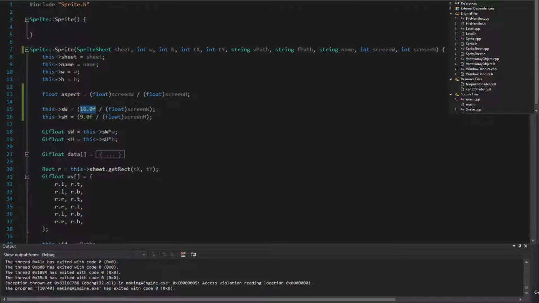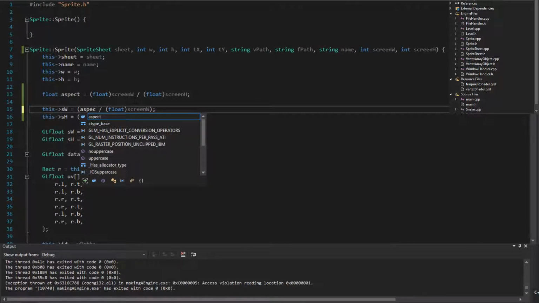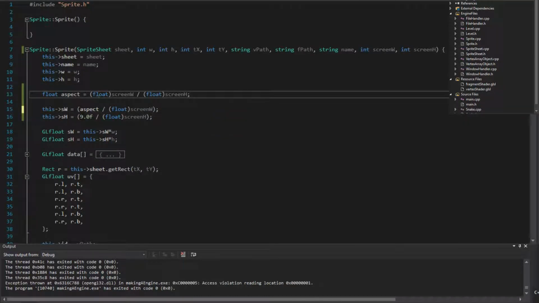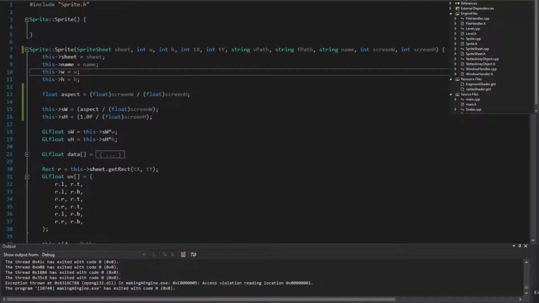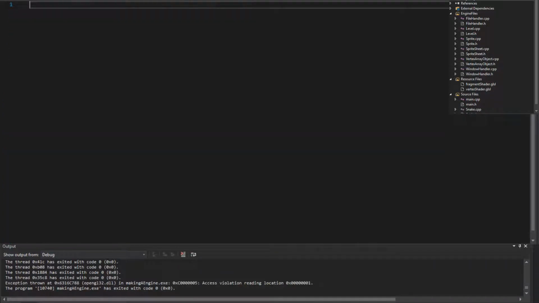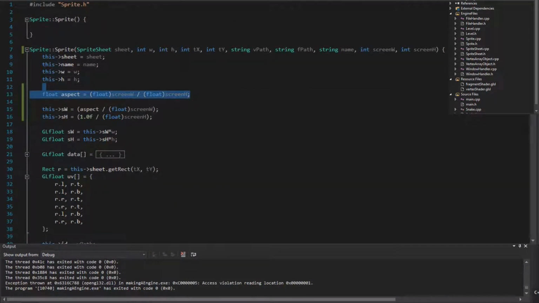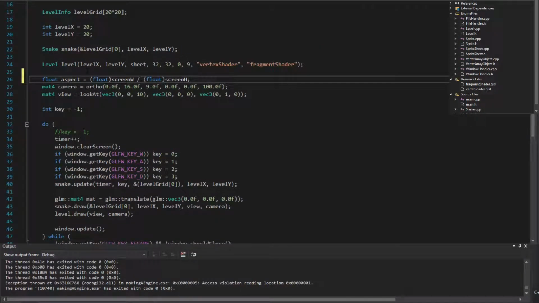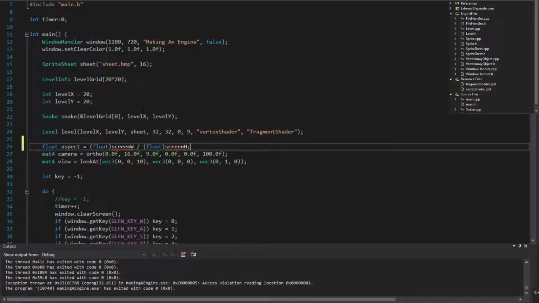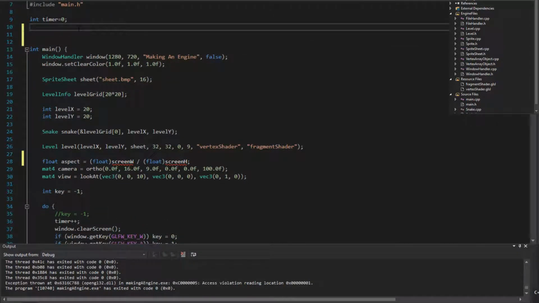So we could just do this as aspect and do this as 1.0f, and then in here if we just copy the bit of code to get aspect. This is just to make sure it works. It should work. There should be no reason it shouldn't work, but